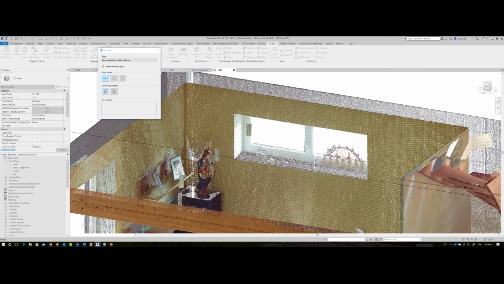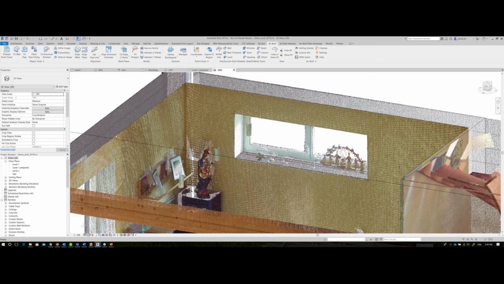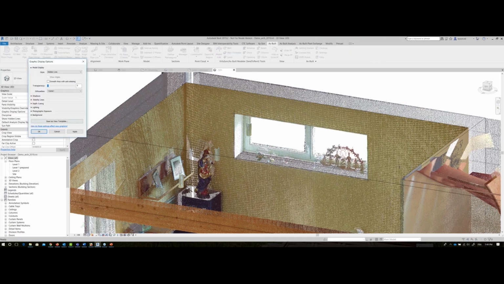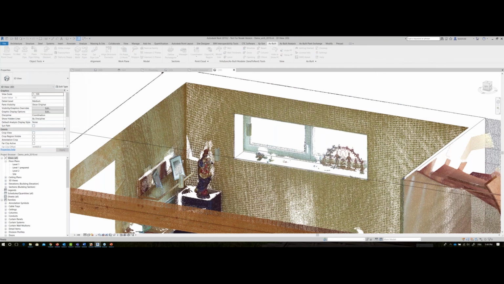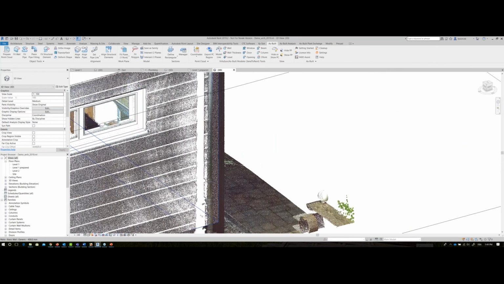I'm just clicking on it. By doing that, you see it has created automatically for me. I'll show you here the window